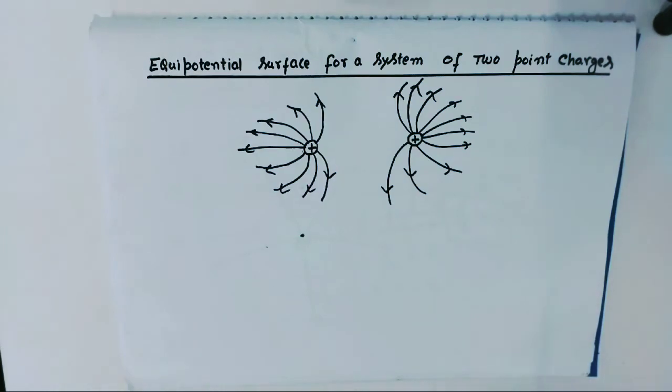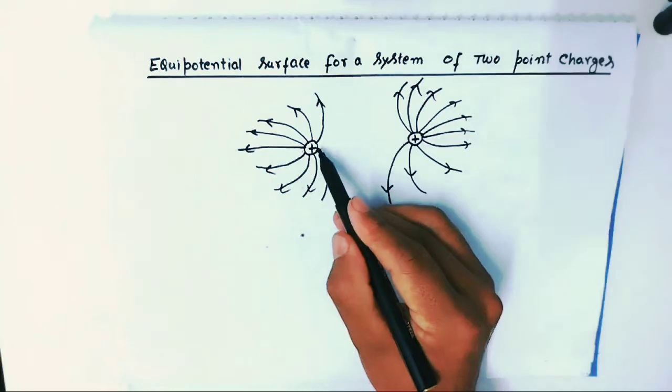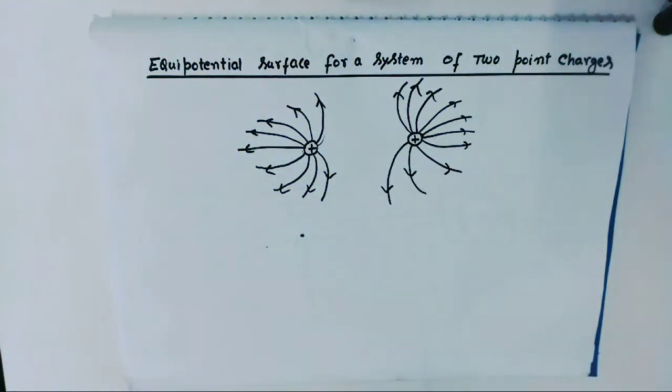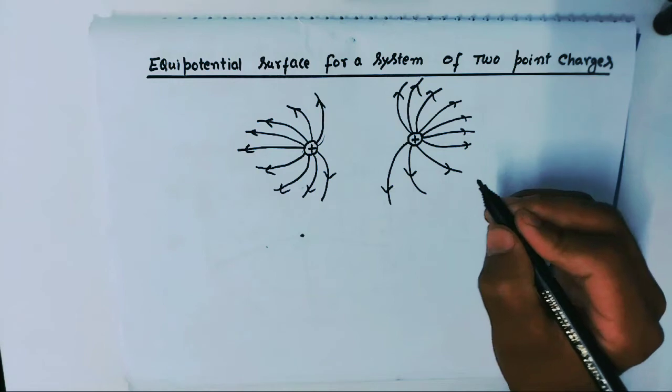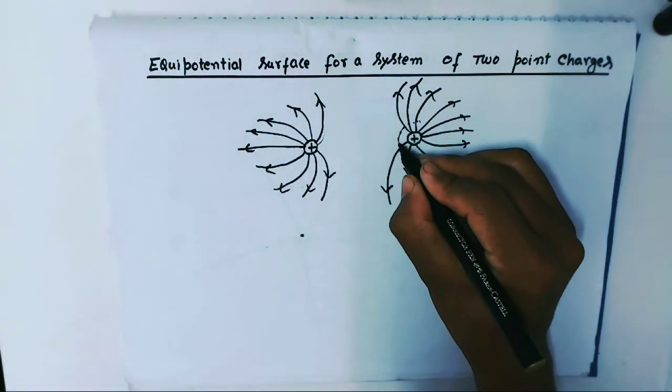Now this solid line with an arrow represents the electric field lines of force. And now if we draw the equipotential surface, it will be like this,